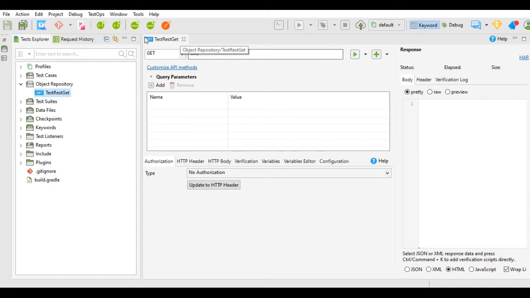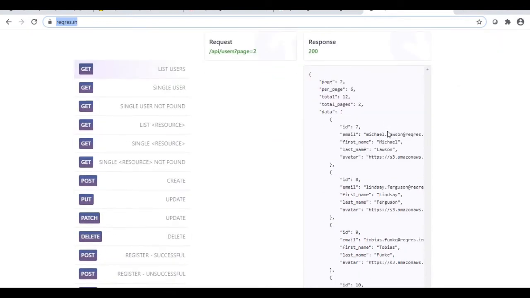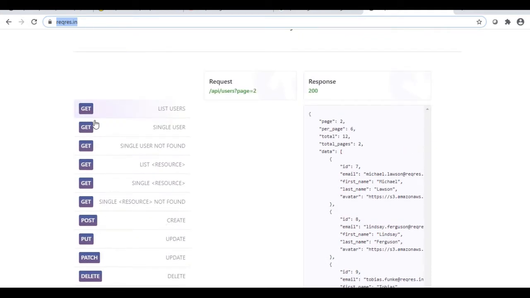This is the REST request editor, wherein you will find the different request types: get, post, put, delete, patch. Here you need to provide the URL. To learn REST API testing, we will use this reqres.in website, wherein we will find the get, post, put, patch, delete request.